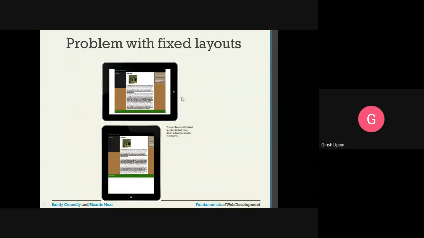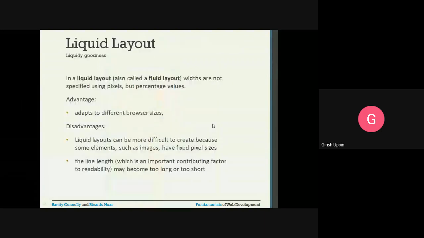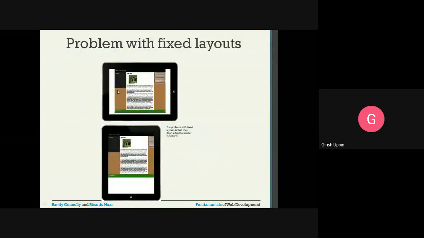So the problem with the fixed layout is that it doesn't adapt to the viewports. This is the application you are seeing, and you can see there is a little empty space because this viewport is larger than your web application width. The minute you tilt that device, it is going to have a smaller viewport, and you can see some of the content has been chopped off.